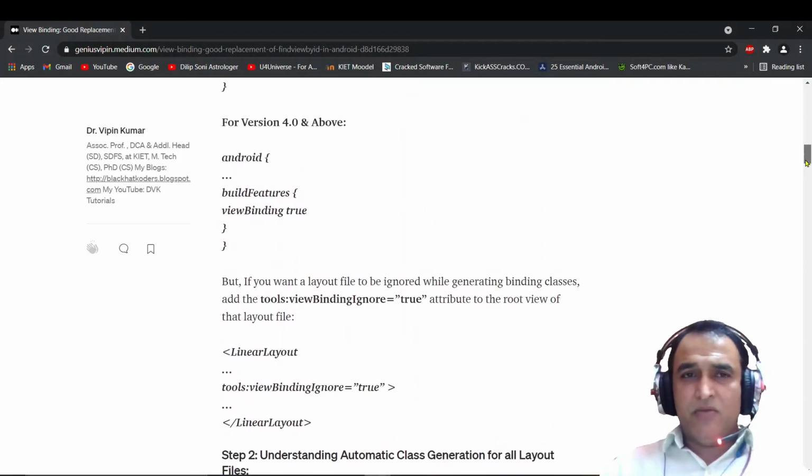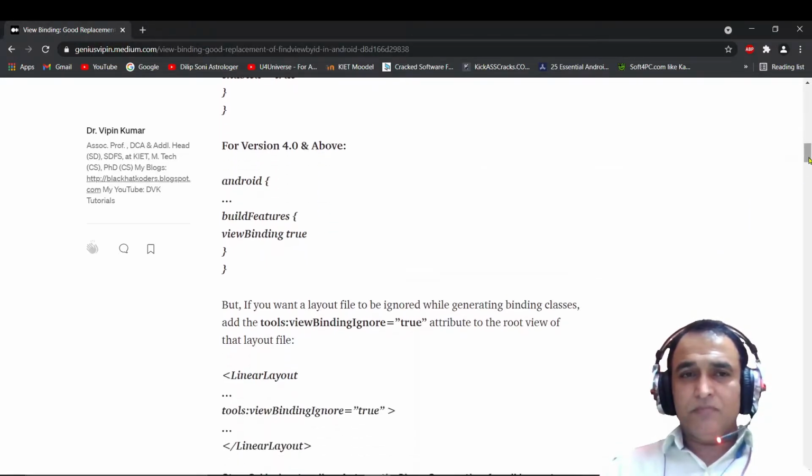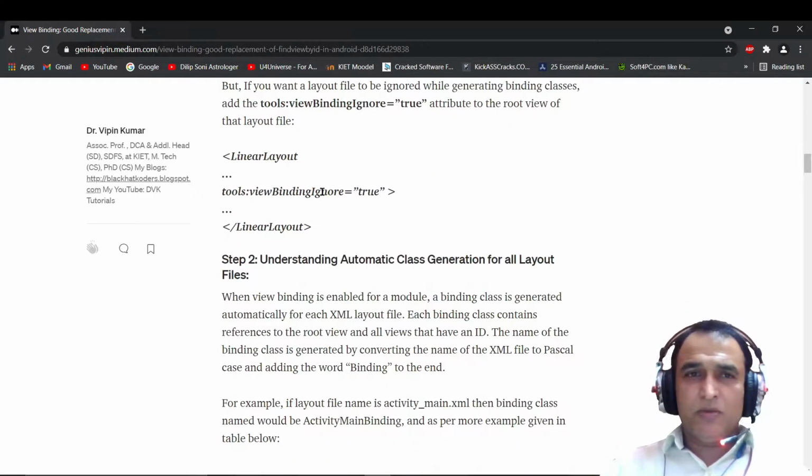But if we are using the latest Android Studio 4.0 and above, then we have to use buildFeatures and then viewBinding true, like this. Or if you want to ignore view binding in any layout, you can put this feature and you will ignore view binding in that layout.